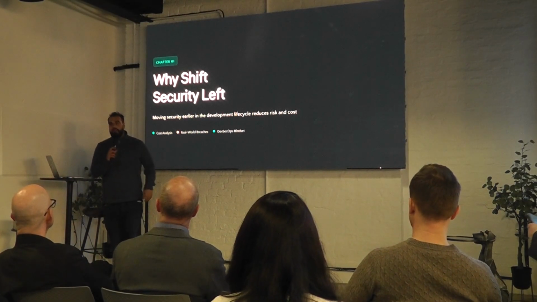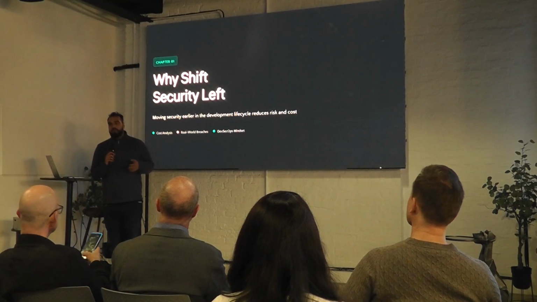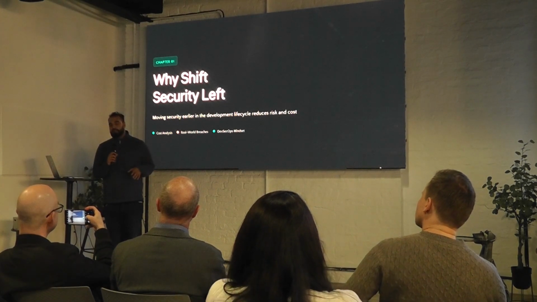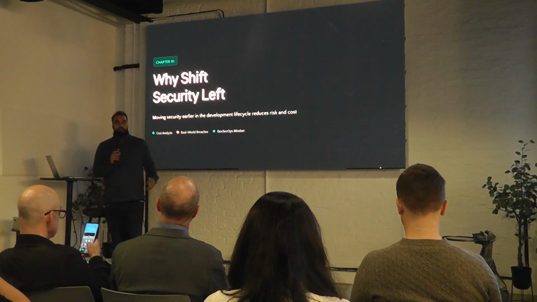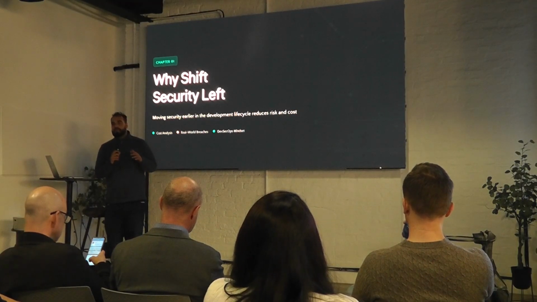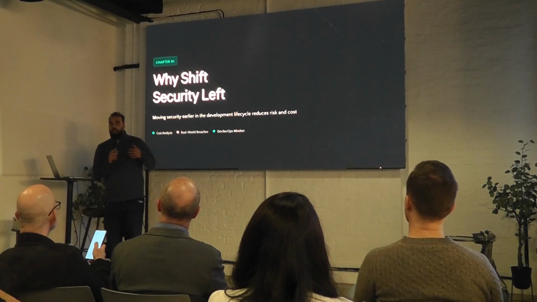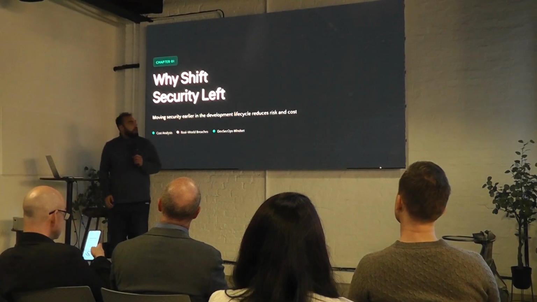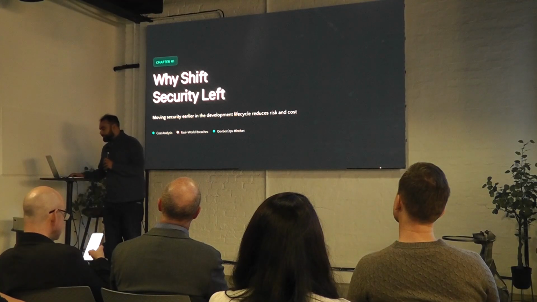So, shift left basically means that you're proactive with regards to security. The traditional approach is that you're reactive: something happens, everybody starts screaming, management comes in, and then they're sorting the whole thing out, and then more screaming happens afterwards when you look at the whole cost. Shifting left basically means that you're looking at patterns in the past, and you're trying to see, okay, what are these issues that have happened in the past, let's put in some ways, policies to stop it from occurring.